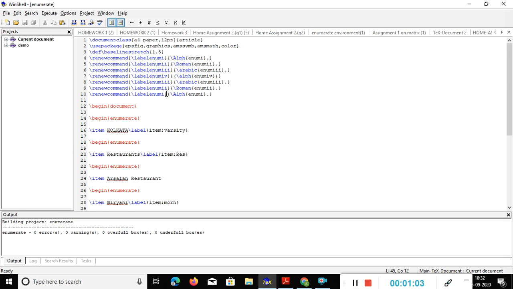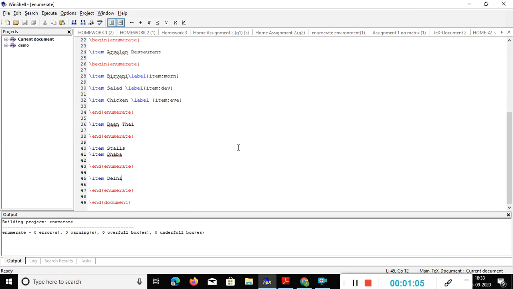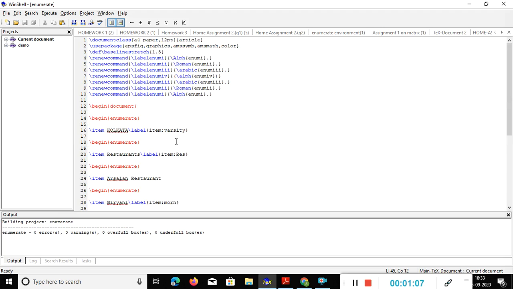Here you can see some LaTeX code I wrote to make that program run. First I wrote the preamble, and after that I used the code for the enumerate environment. For the first one I have used Alph. Alph means if you want to write capital A, B, C, capital alphabets, you have to use Alph. So for the beginning of the first environment I put small roman 1, so you have to put 1 over there.